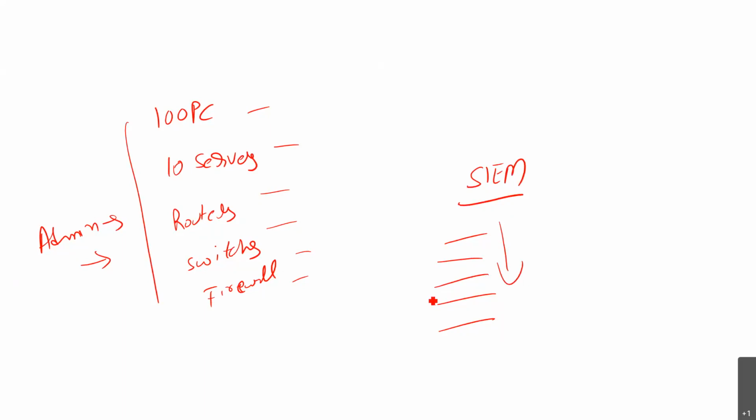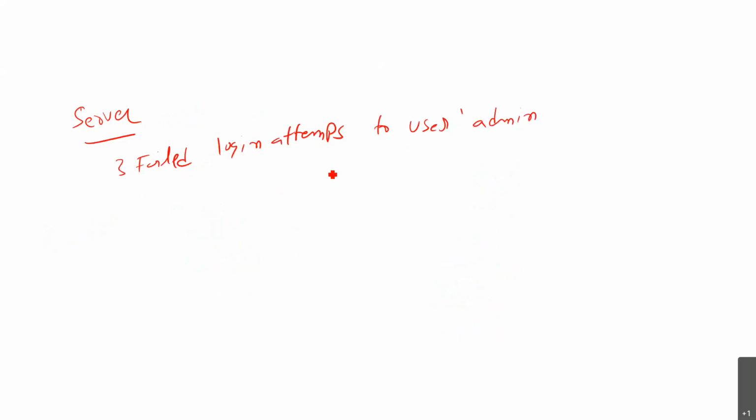Say, for example, one of your servers has a log which says there are three failed login attempts to some user account, admin. This clearly tells us that someone tried to log into this user account admin, and because they gave a wrong password, it was not successful. But where exactly this happened from,